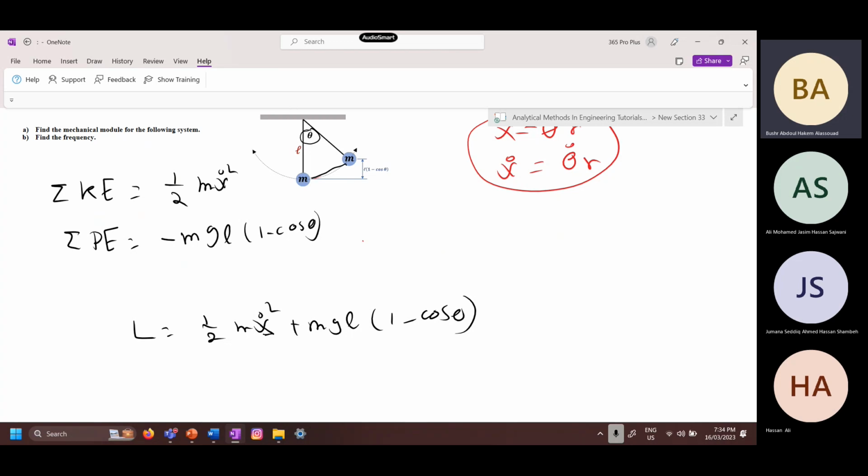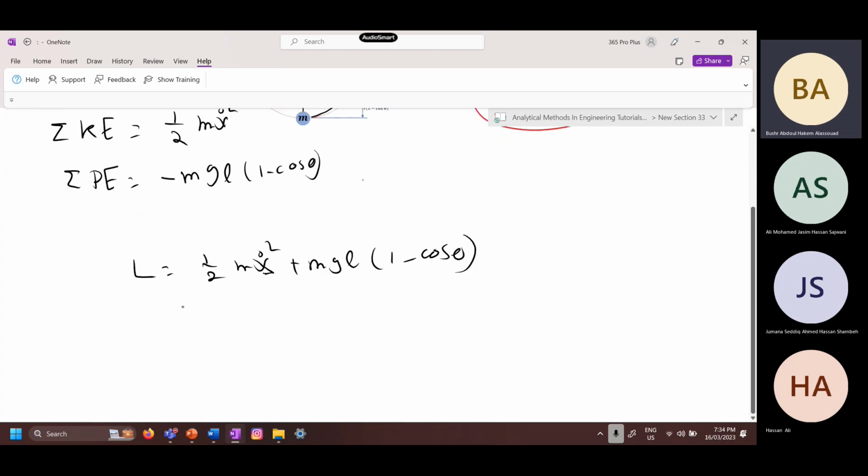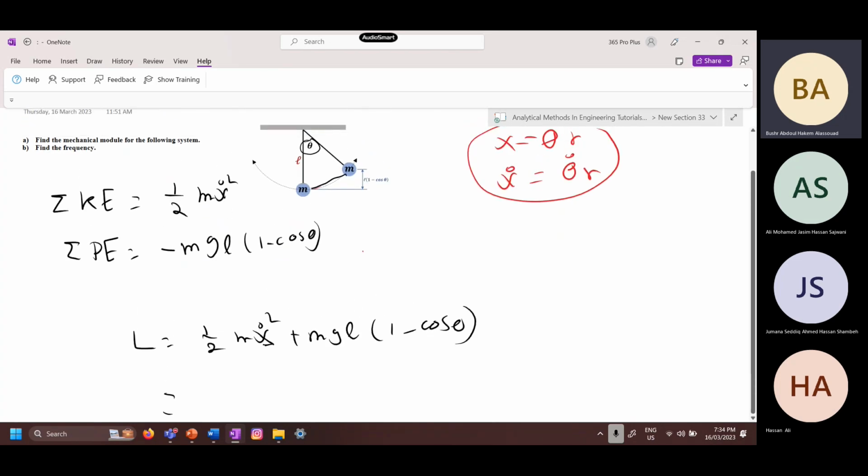It will take more time and it will be hard to derive. So what I recommend is just to use the polar variables or the polar form. So you'll get half m x dot, which is equal to theta dot squared r squared plus